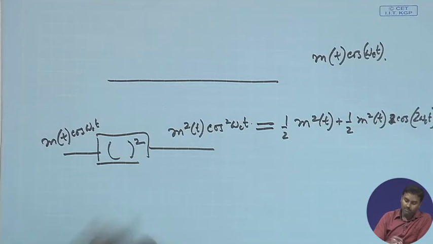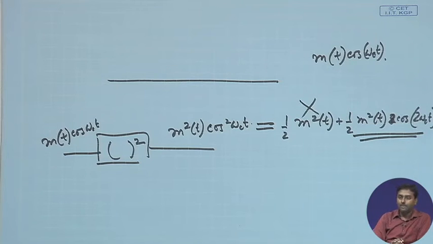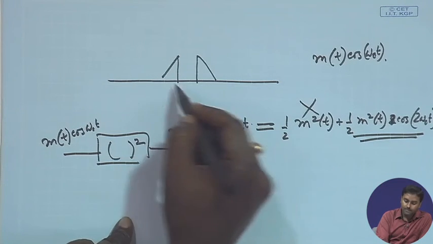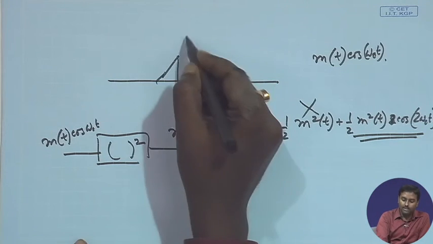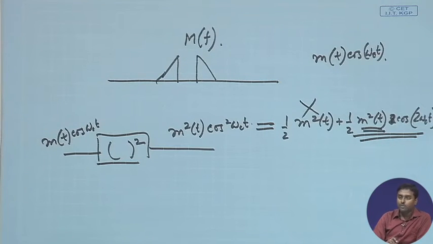Okay. If it has some phase, that also will be tracked over there. So, I will get this. Now, if I put a band pass filter, this will be gone, but for this one I have now a better guarantee of getting something. Suppose it was not having any DC term, it was having some spectra which was devoid of any DC term or around that DC term. Now, this is my M(f), what I am getting over here is m square t.